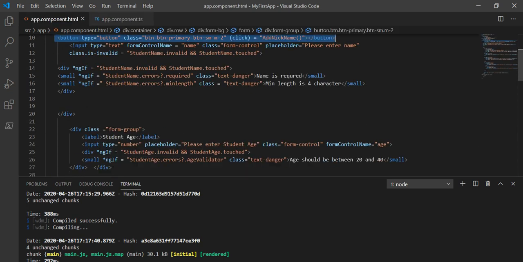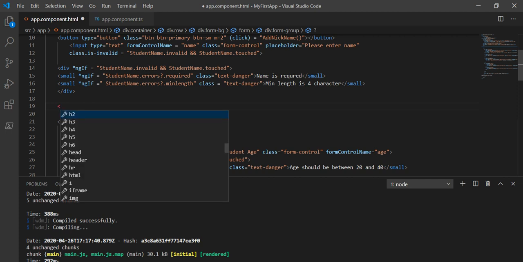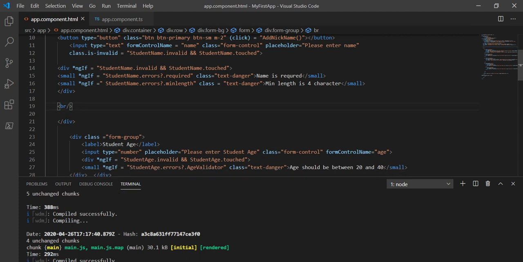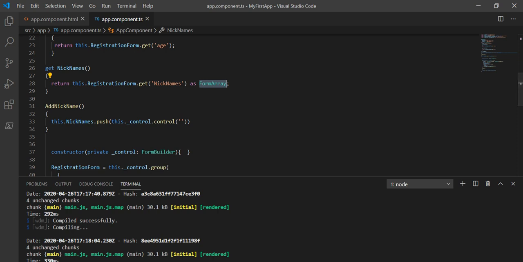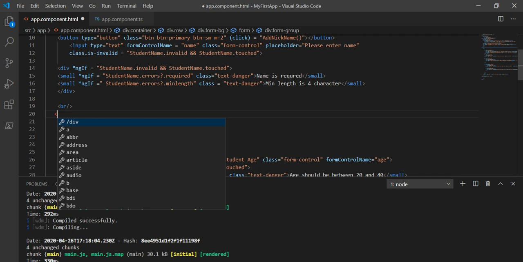And here, once the user clicks on that button, we will add that control, like it will return that control array list from here, basically it will return the form array control from here. It can be multiple, so we will make the loop.